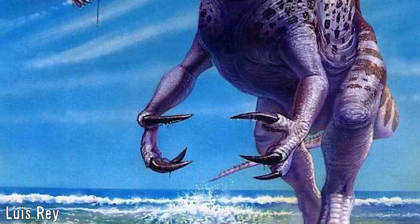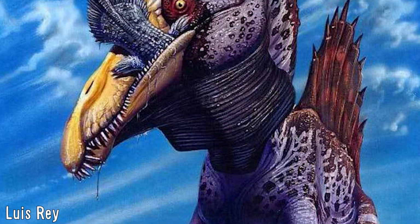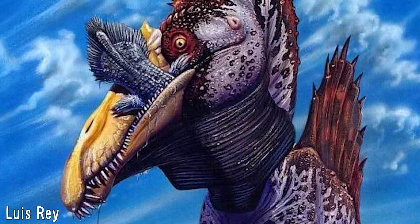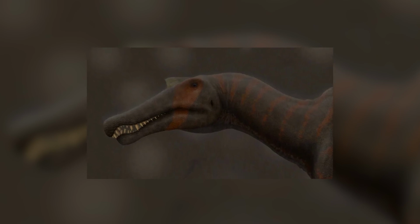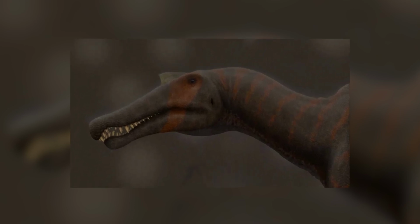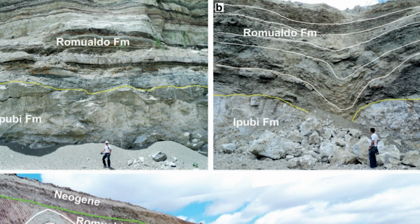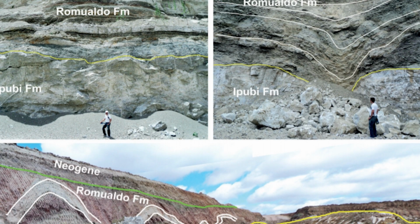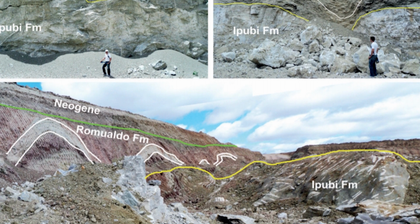Spinosaurs have continued to get weirder and weirder year upon year, and this time around, it's not Spinosaurus itself that's been making the rounds. Irritator, an animal I covered myself on this channel way back in 2019, is quite the interesting genus as the name implies, being quite the irritating animal when it was being described. Excavated from a chalk concentration from the Romualdo Formation in Brazil dating to the early Cretaceous in 1996, the fossil